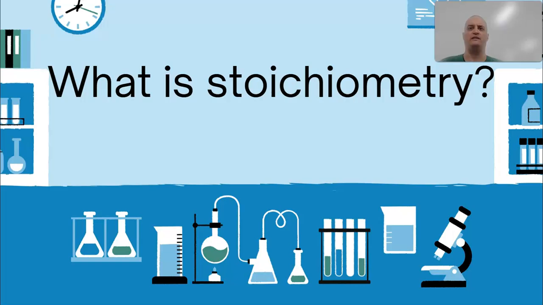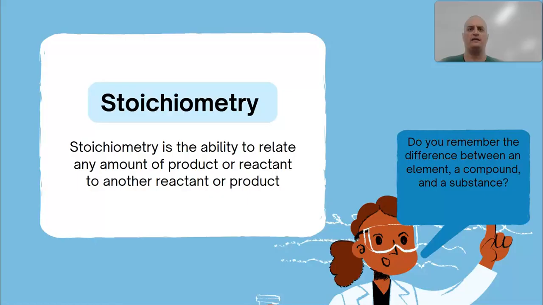Welcome to What is Stoichiometry? Aside from being a very interestingly weird word, it's the ability to relate any amount of product or reactant to another reactant or product. This is a critical chemistry thing. If you say this word out on the street, people who remember chemistry will go, oh, that was a chemistry